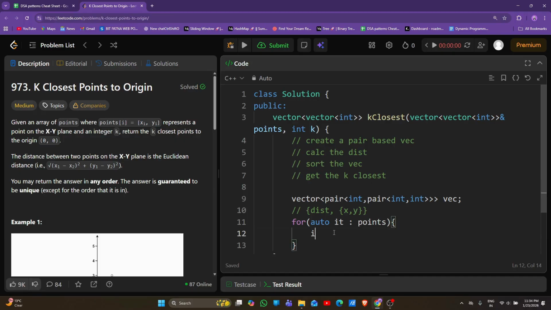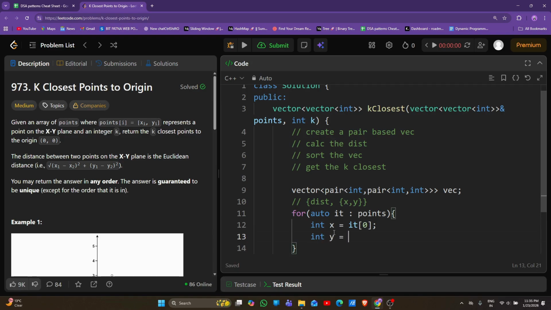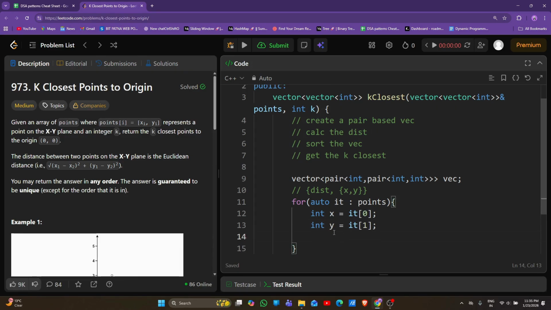The x coordinate we can access through it of 0, and the y coordinate through it of 1. And then we need the distance calculation from origin. Origin is 0 0, so we can have distance equal to x into x plus